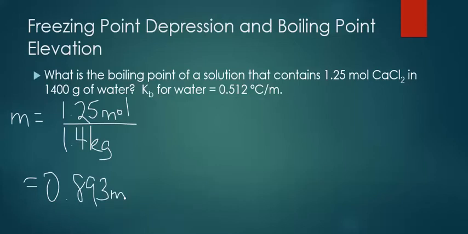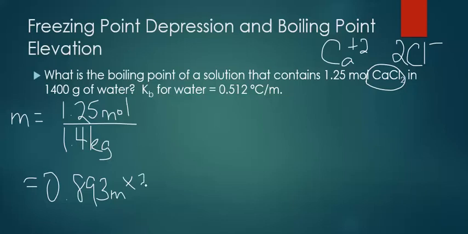Okay, this problem is a little different in that this solute is ionic. It's got a metal in it. So instead of producing just one particle in solution, this actually produces a total of 3, because when you put calcium chloride in water, it separates into Ca plus 2 and then 2 Cl minuses. So 3 particles in solution, because it's ionic, we're going to multiply my molality by 3 because there are 3 particles. So my new concentration,